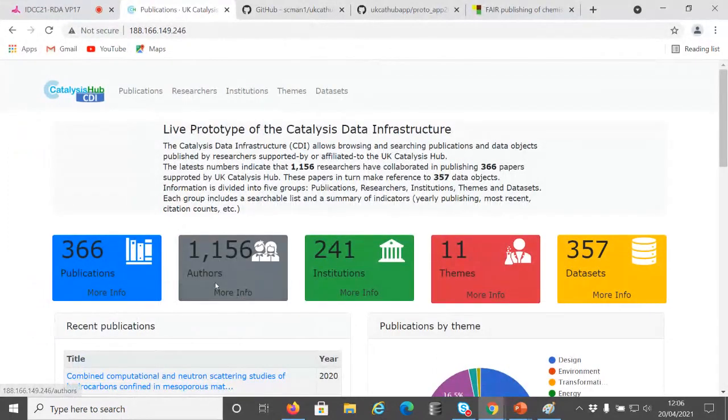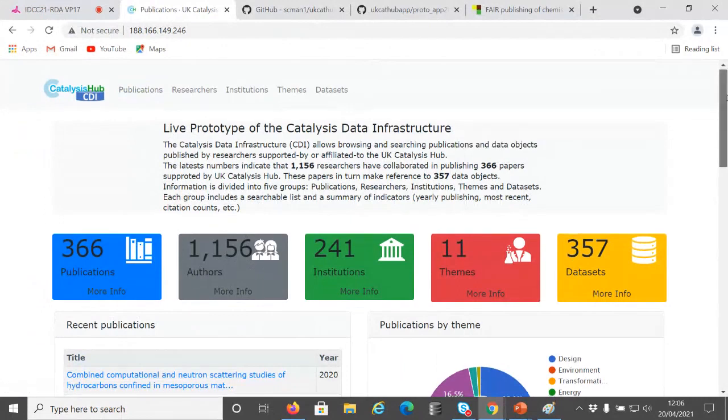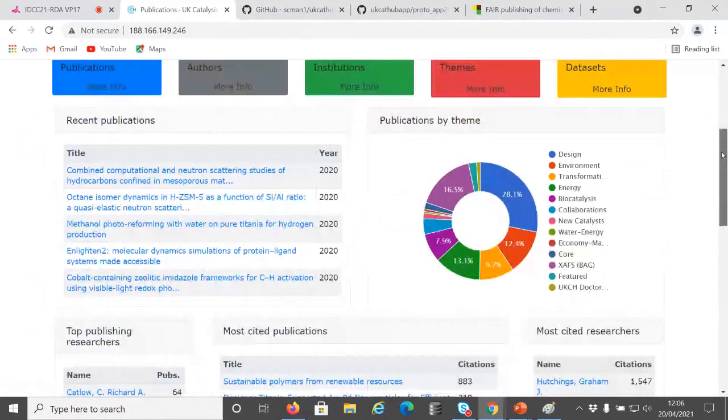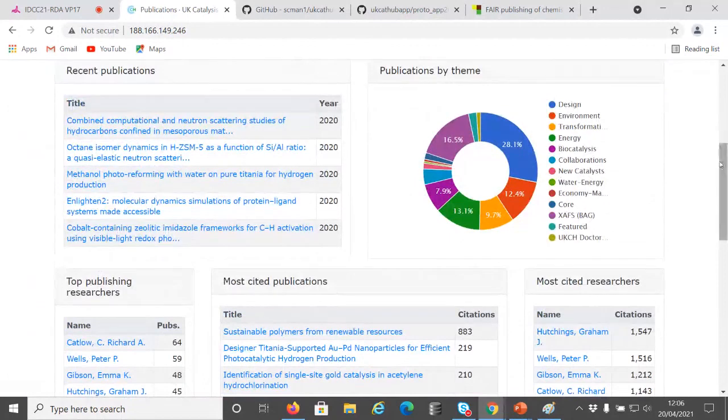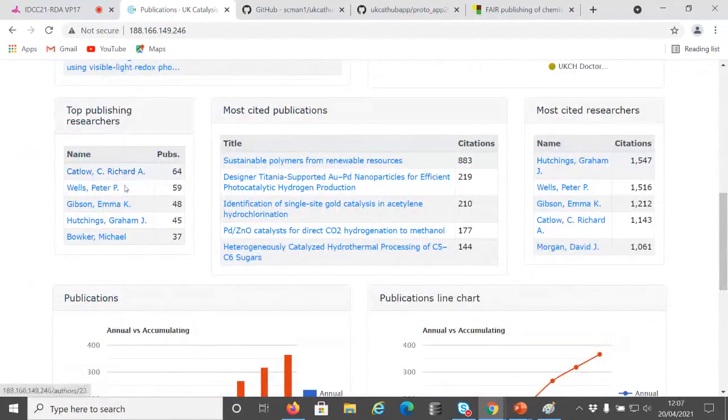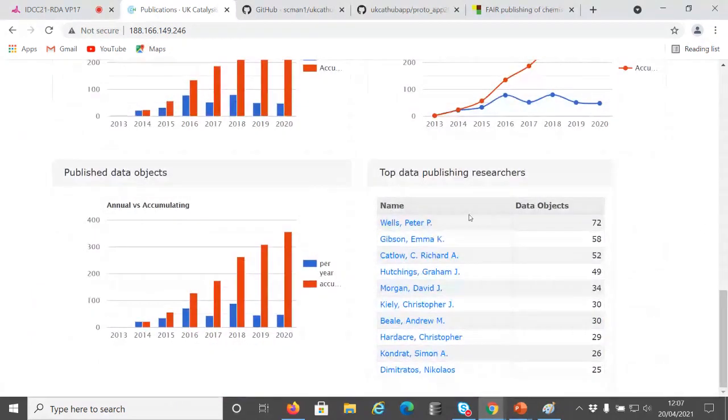I think you can see my browser now, and this is the type of things that we are doing, like pulling out how many publications from the team, the most recent publication, or top publishing researchers, the names and the publications they have published, the most cited publications. So we update citation counts from Crossref, and we add up these citations, and then we can offer researchers who are the top most cited researchers. So these are indicators. But we also started collecting data about how they publish data.